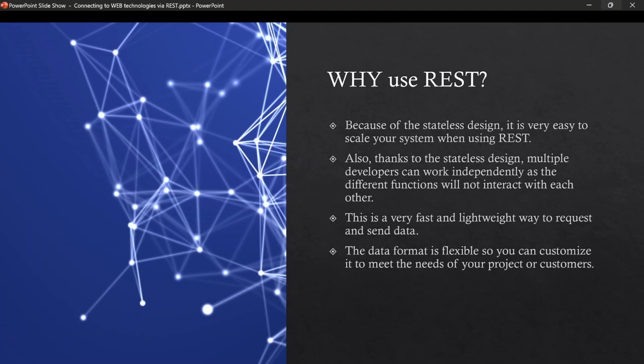Also, this is a very fast and lightweight way to request and send data. You can send very large payloads and get very quick responses from different web services. And also the data format is flexible, so you can customize it to meet the needs of your project or customers. Like I said, JSON is the norm for the way data is transferred,